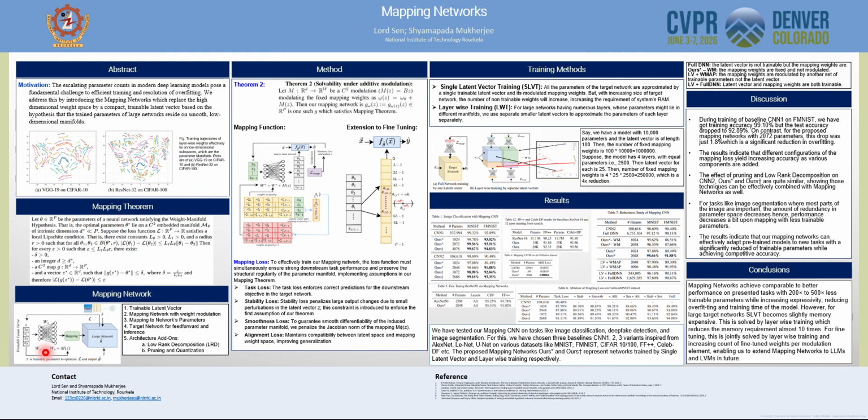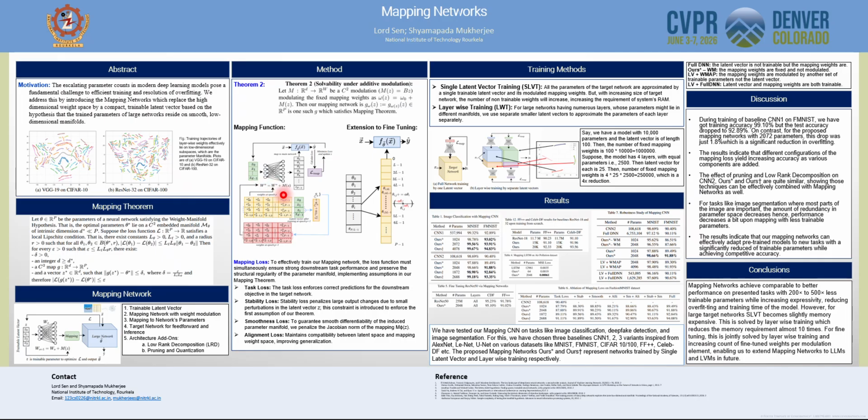An important contribution of our work is the mapping theorem, which provides a theoretical justification showing the existence of a mapping function g from this low dimensional latent space to the high dimensional parameter space. The practical achievability of that mapping g is shown by the second theorem. The mapping function is for the fixed orthogonally initialized mapping weights, which are modulated using the latent vector by an